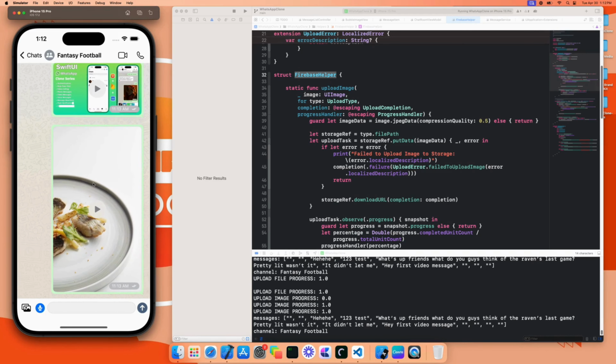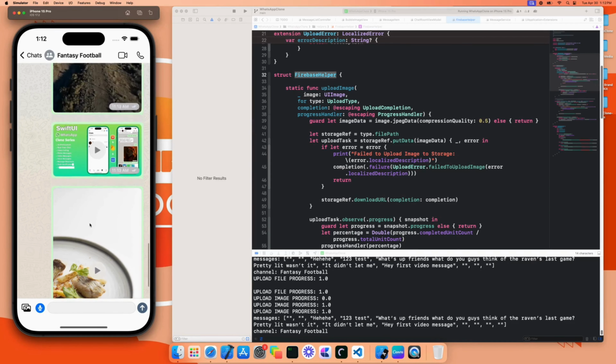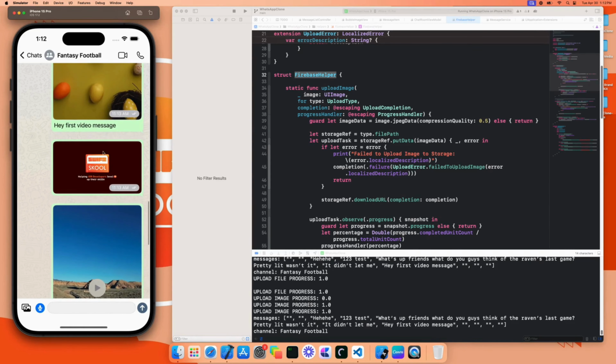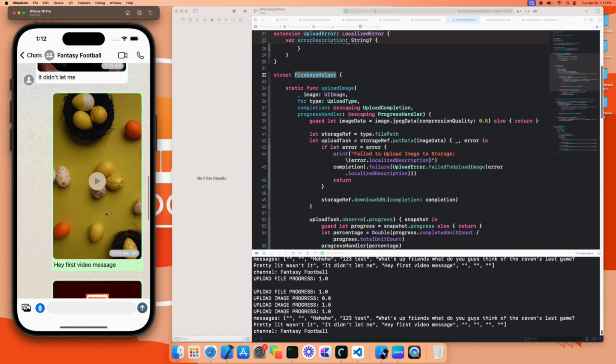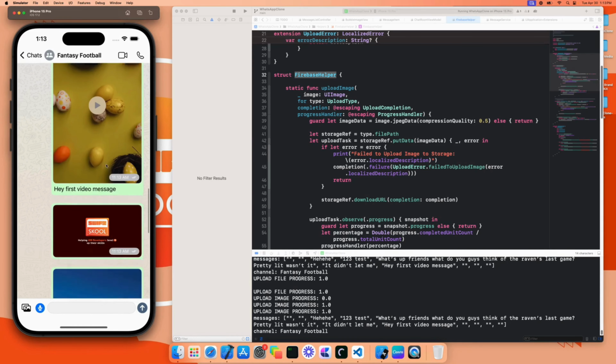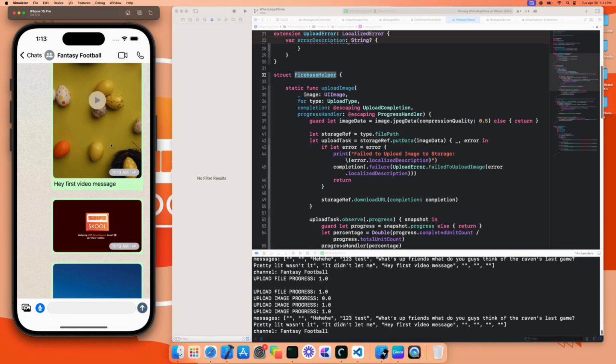So, of course, we're not attaching a progress indicator to any of these, but you can do that on your own. They're pretty simple. The next thing I want us to do pretty quickly before we wrap up this episode is, when we click on each one of these individual cells, as they're called in UIKit, or items in SwiftUI, I would like for us to present the media player